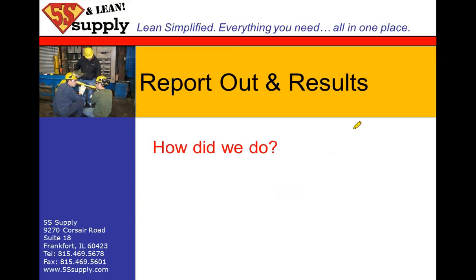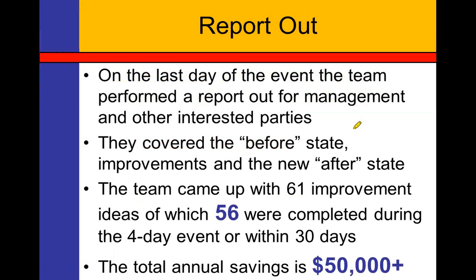So at the end of the 4-day event, the team did an actual report out. What they do is they get management, other interested parties, and other Kaizen teams together, along with people from maintenance, engineering, etc. Any group that was affected by this manufacturing cell, or that might have any type of interest in what's going on in that cell for production purposes, was invited to the report out